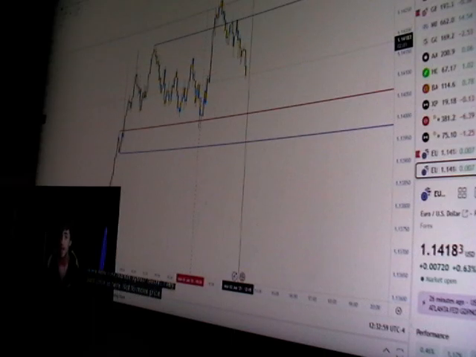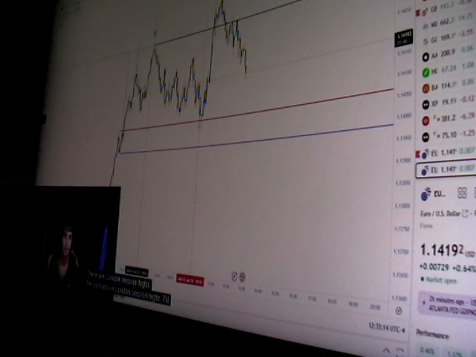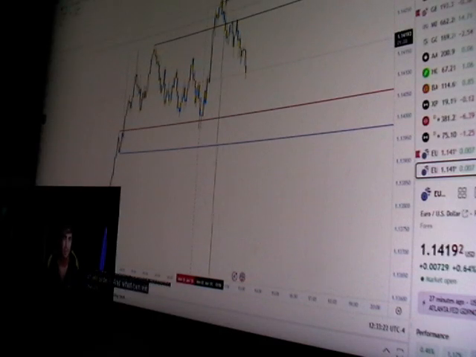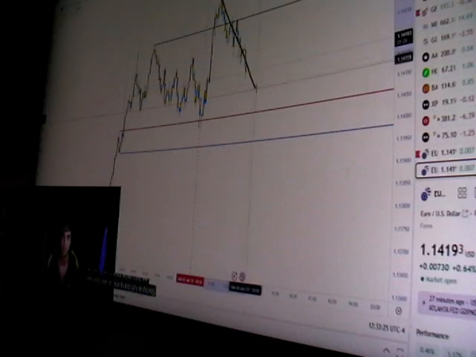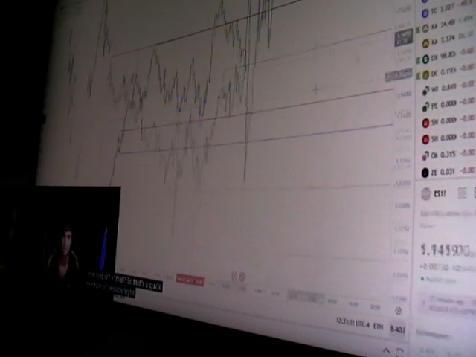Not to move price higher, but to do what? To fulfill their objective of filling their sell orders. They push price above, what are these? These are London session highs. We push above London session highs, fill, boom, all of these buy orders to do what? Fill the market makers' massive amounts of sell orders. And what can we literally see in real time price doing? Reversing off of that. So that's a quick example of session highs being high confluence.